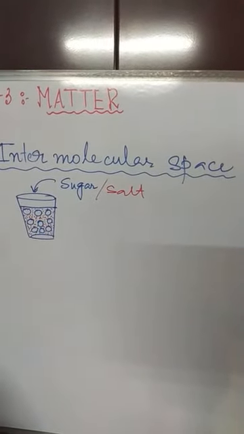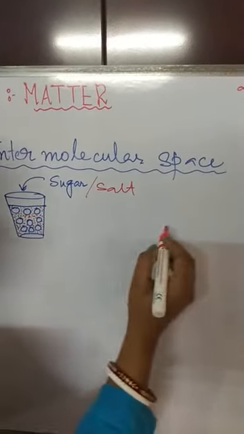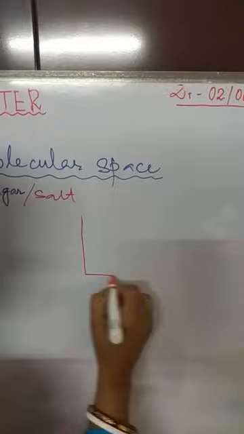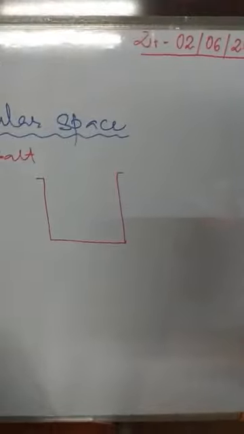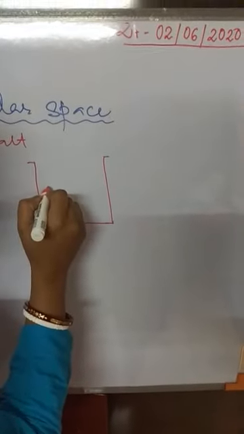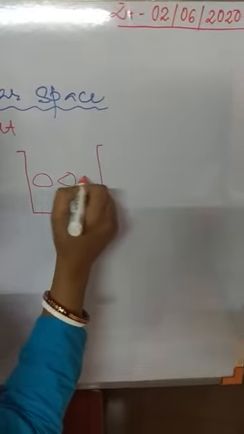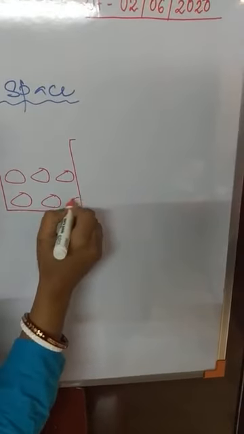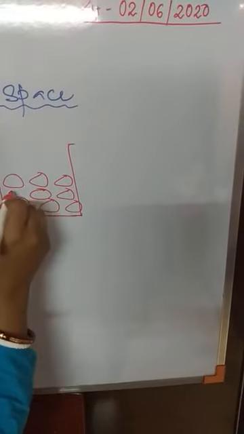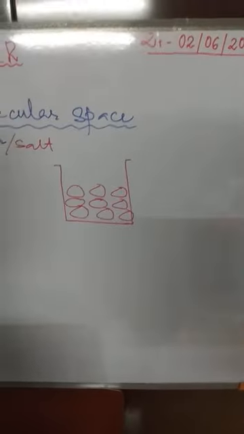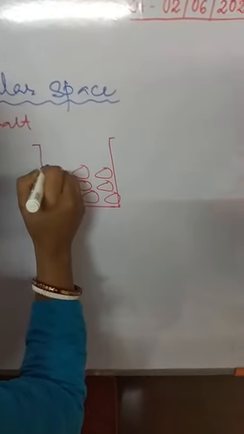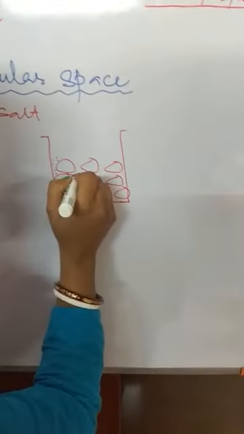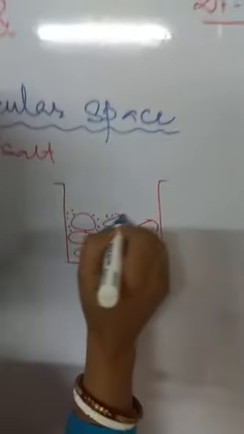Now to prove the same, we can do another experiment, and for that we will take some stones or pebbles in a container. Let us draw the pebbles. These are the pebbles. Now in this, add some salt. With this blue I am drawing the salt particles. As the salt particles are small in size,